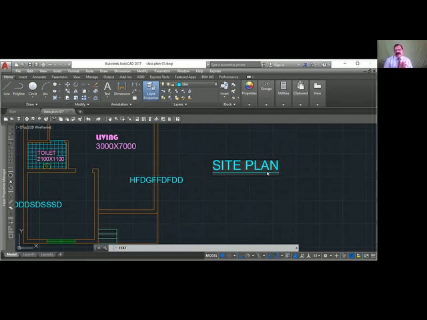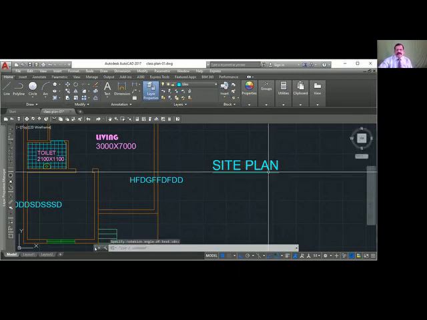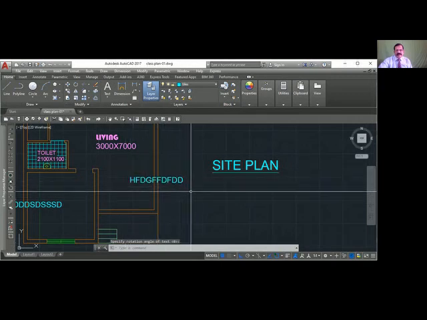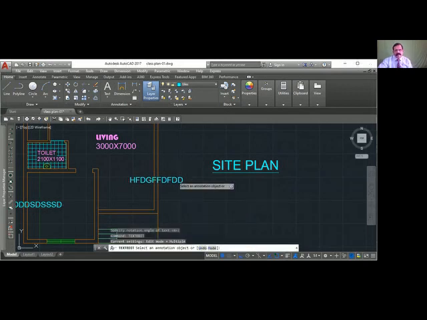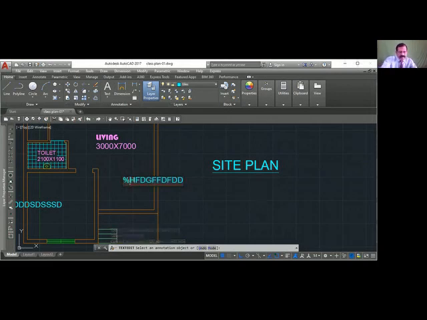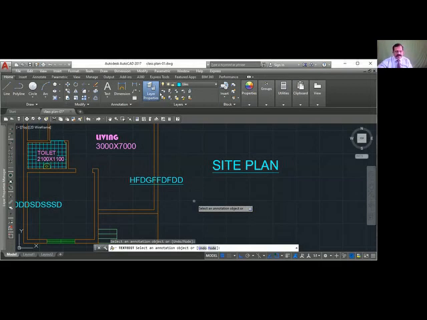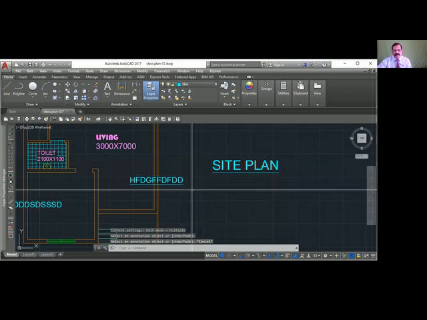So before starting the text, you say percentage U. U stands for underline. Suppose you have already finished and you want to underline this, you go to the edit command, text edit, enter, and go to the front here and just add percentage U. So it has already added the underline. So percentage U is the underline.